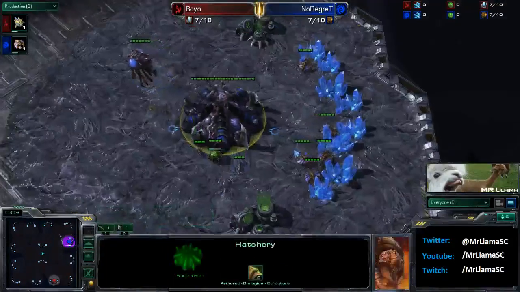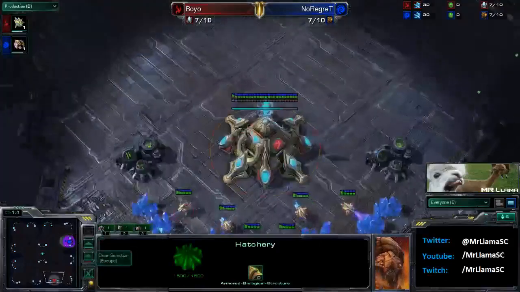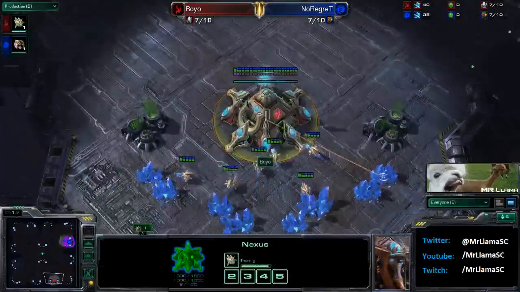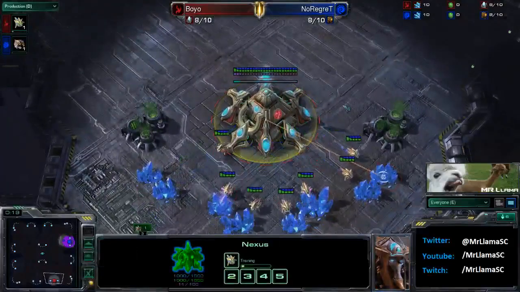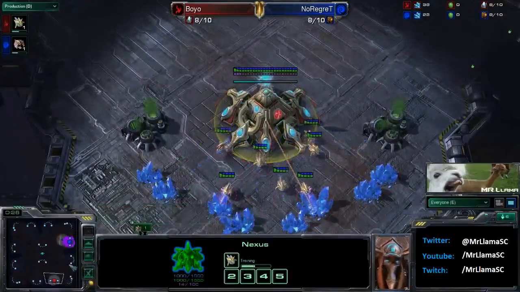Lum, and today I am bringing you a PvZ. This is going to be between NoRegret. The blues are spawning up in the top right corner and spawning down in the bottom right. We do have Boyo, the red Protoss. So the map is going to be Antiga Shipyard, and this is simply going to be a ladder game between